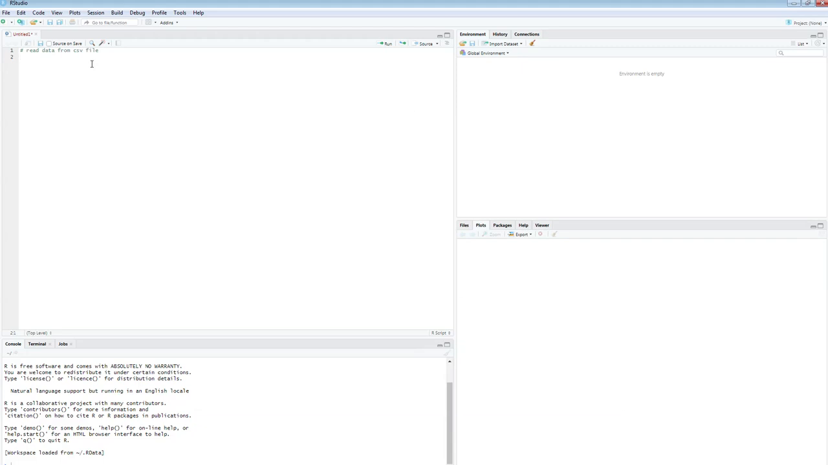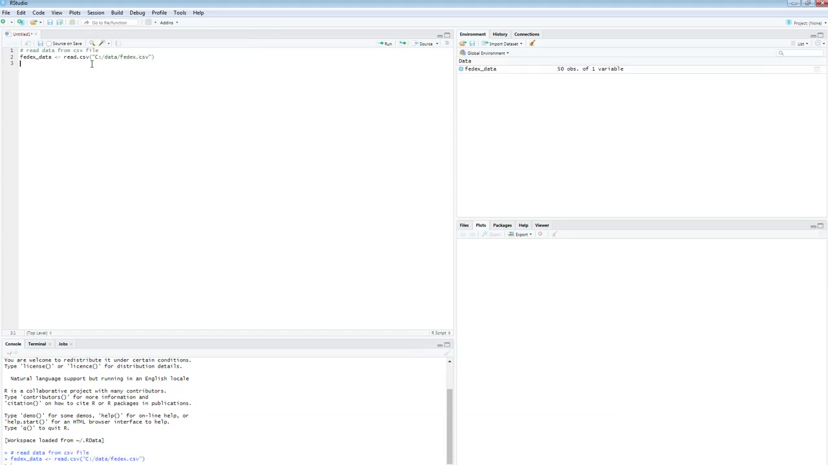So I'm going to call it FedEx data. Okay, and this is read.csv, quote unquote, disk C, folder data, and it's called fedex.csv. Bam. Okay, so the data is in, and now, very important step, check if the histogram